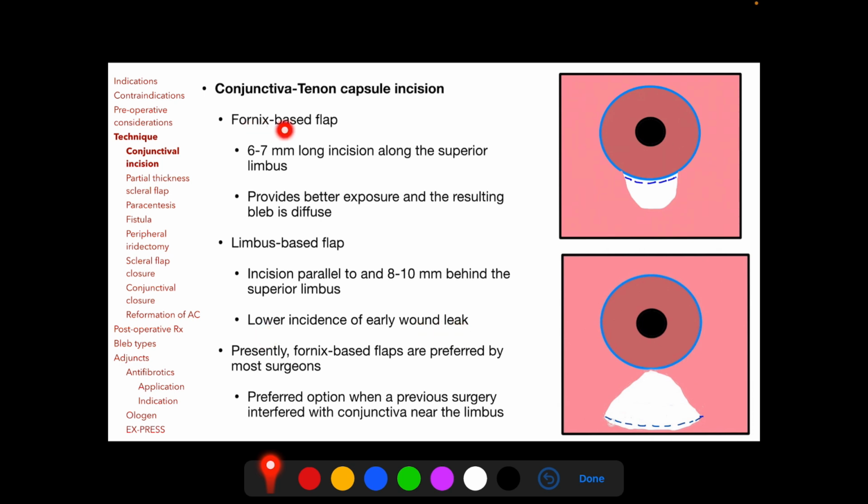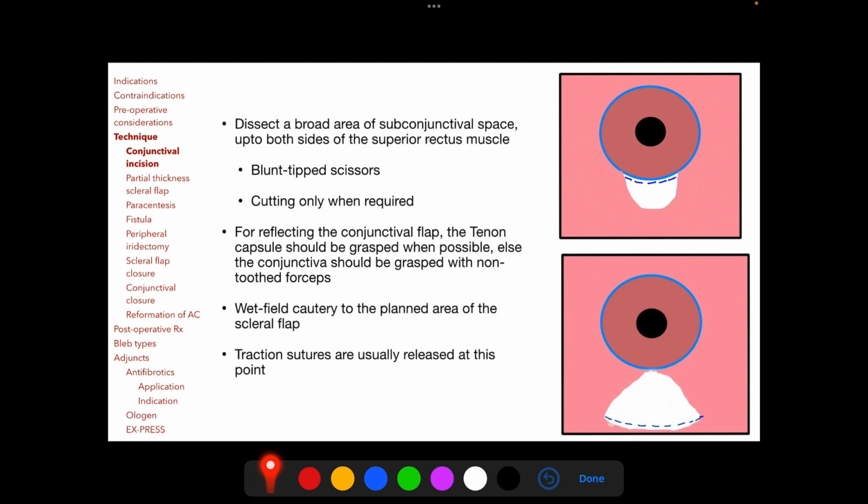Presently, fornix based flaps are preferred by most surgeons, and it is also the preferred option when a previous surgery interfered with the conjunctiva near the limbus, because in this situation, if we make a limbus based flap, when we continue the subconjunctival dissection under the conjunctival flap anteriorly, the conjunctival flap may disinsert at the scar tissue near the limbus. A broad area of subconjunctival space is dissected with blunt-tipped scissors,